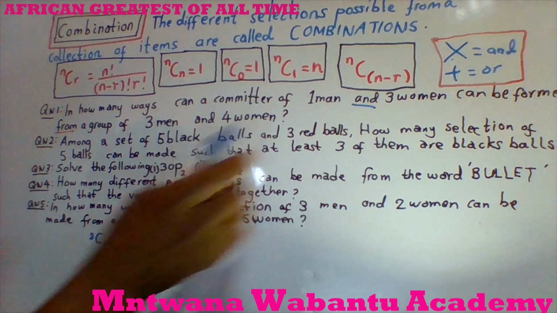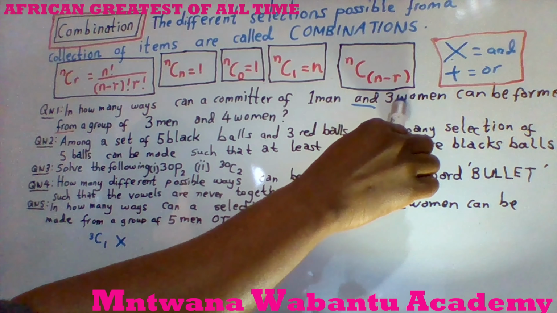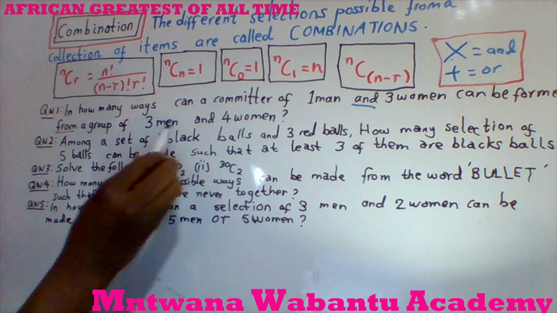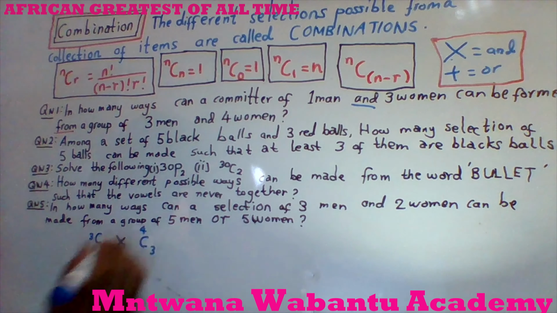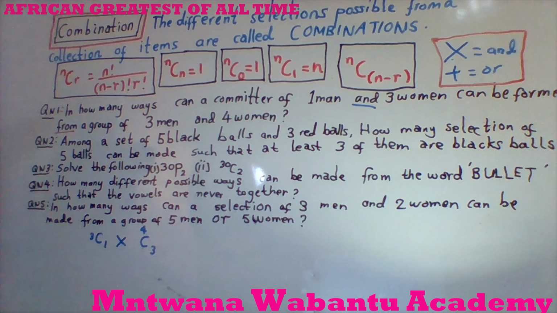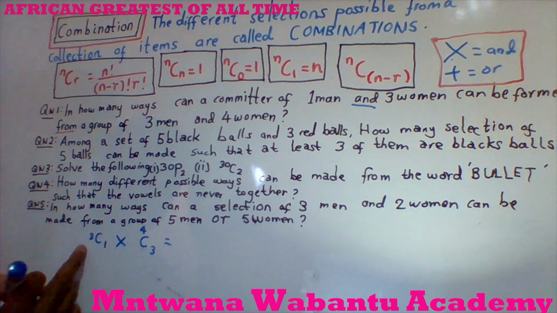And what? There's 3 women. They're going to take out 3 women from a group of 4 women. Okay, so we have a combination. 3 women from a group of 4 women. So what you can do here now? Just solve this out. So you can plug in the calculator straight